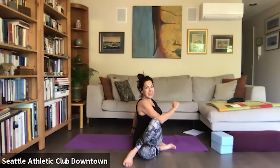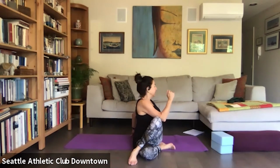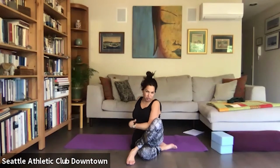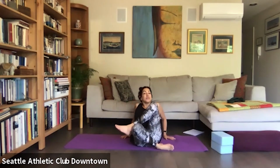One more breath here. Inhale, see if you can really push your left foot into the mat. Release. Well, let's just turn the other way and see how different it is. You see, it's still a great twist, but it's just you're not pushing against something, right? And you're going to release, and either you'll come to, maybe you can come to